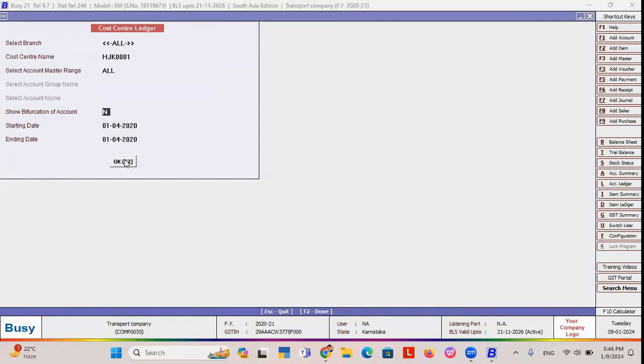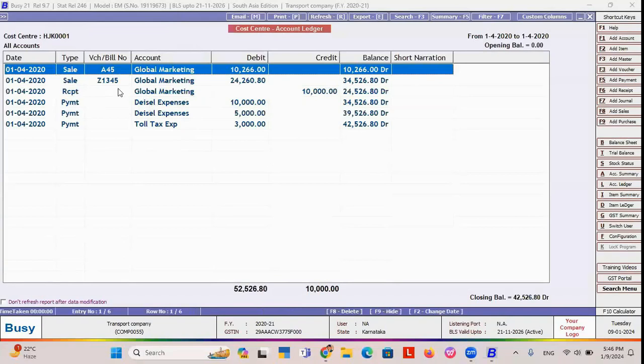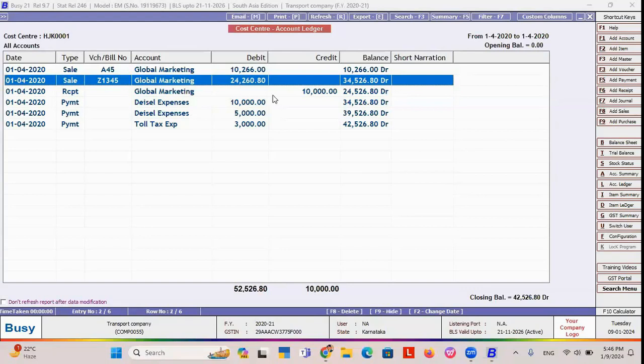And also if I press OK over here, then you can see against this vehicle I can get the expenses as well as the income that have occurred against this particular vehicle. मतलब कि इस vehicle against में कितना सेल में कितना आया हुआ है, उस vehicle के against में कितने हमने जो है पैसा रिसीव किया, क्योंकि जब हम रिसीव भी करते हैं कस्टमर पे, उसमें अगर हम व्हीकल एलोकेट करना चाहें, if I need to pick the vehicle also in the receive voucher, whenever I am going to receive amount from the customer, I want to track over that against which vehicle I am going to receive the amount,